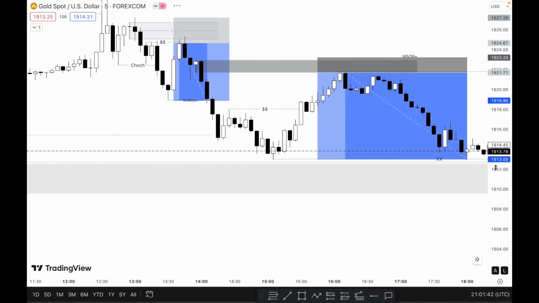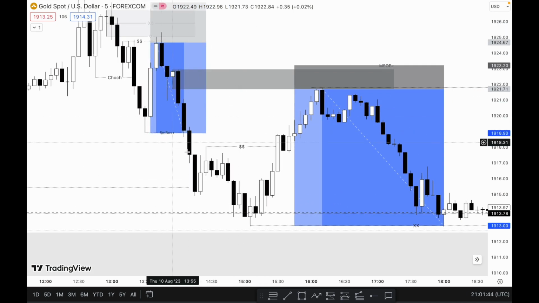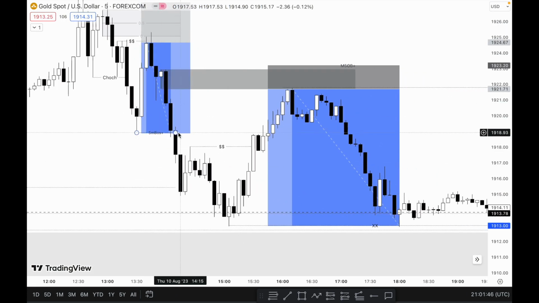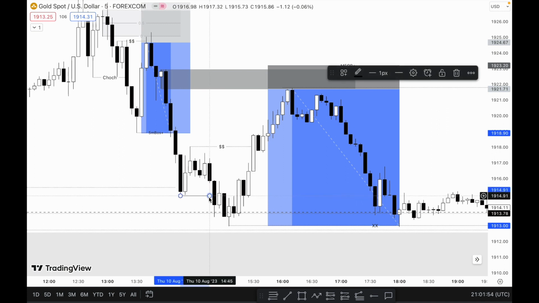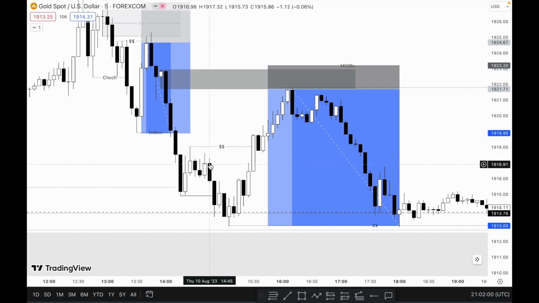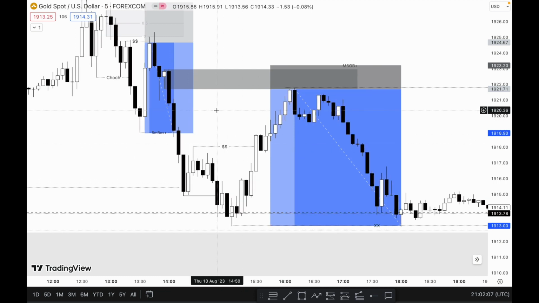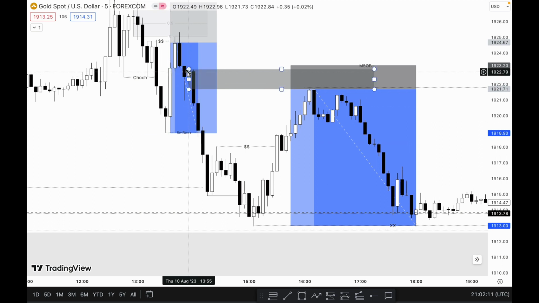So now here again, we broke structure on the 5 minute, came down here, and broke structure again. This is another 5 minute break of structure right here. So now price, look again, my zone was the first confluence. The second confluence was the liquidity, right? So now this zone right here pushed price past this break of structure. Now that I see liquidity right here, I know that we're gonna have to come up somewhere and sweep